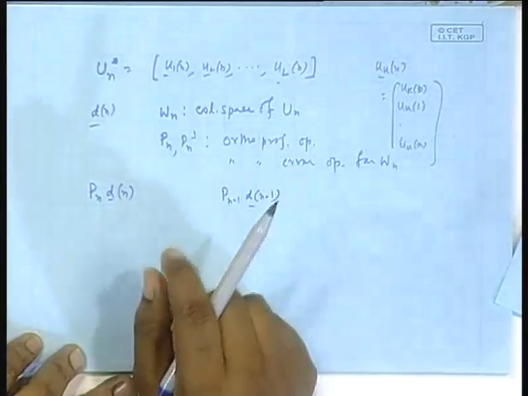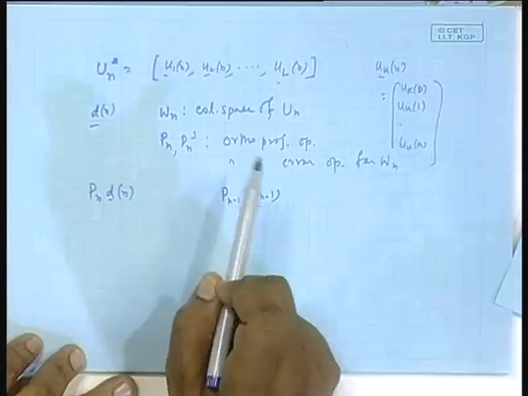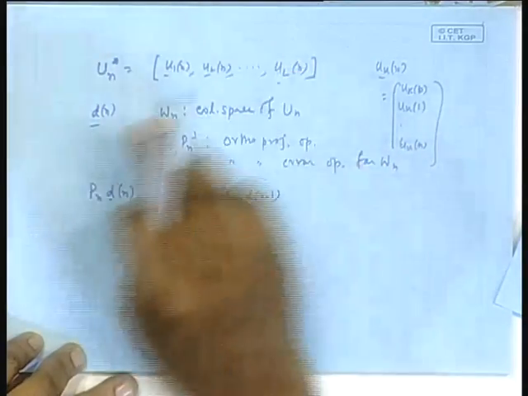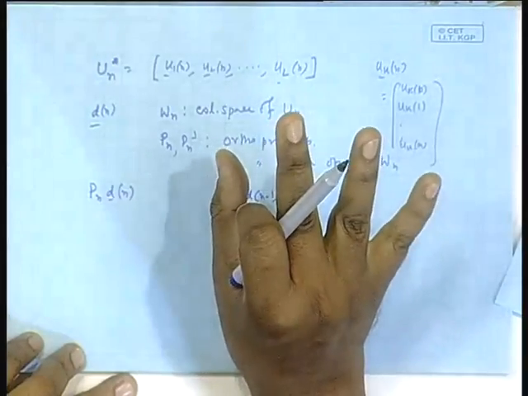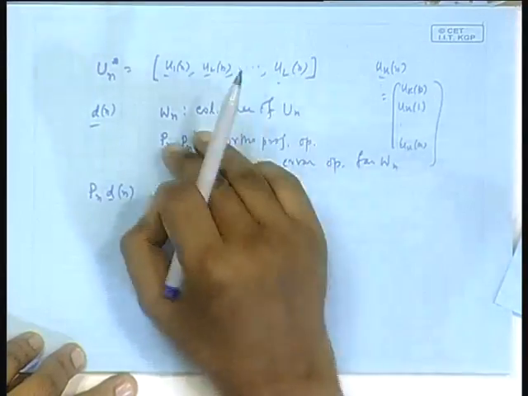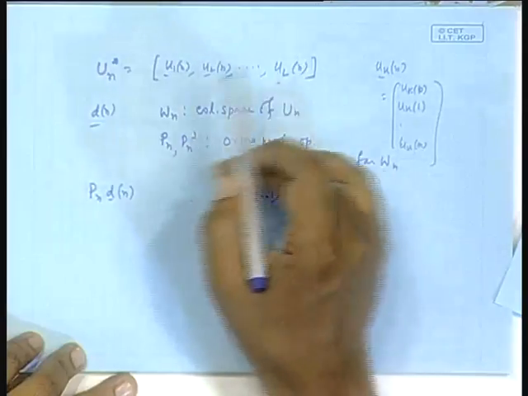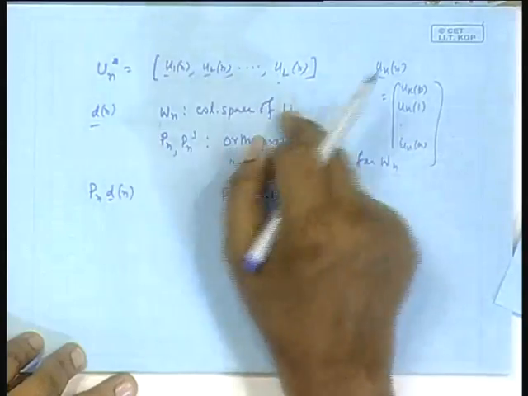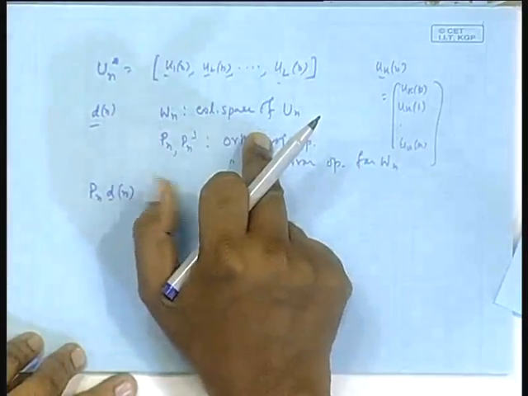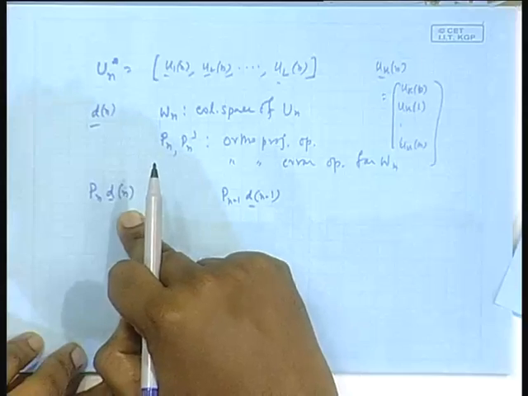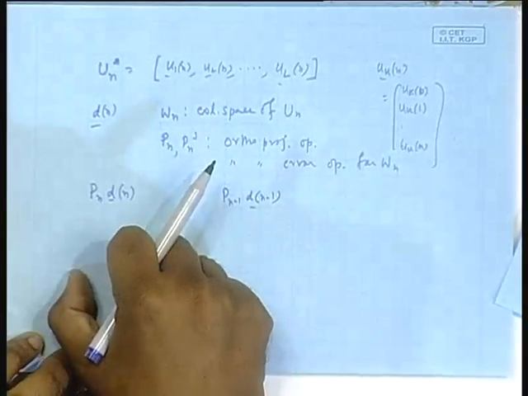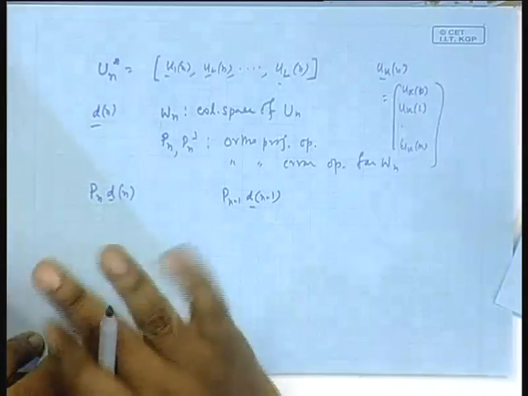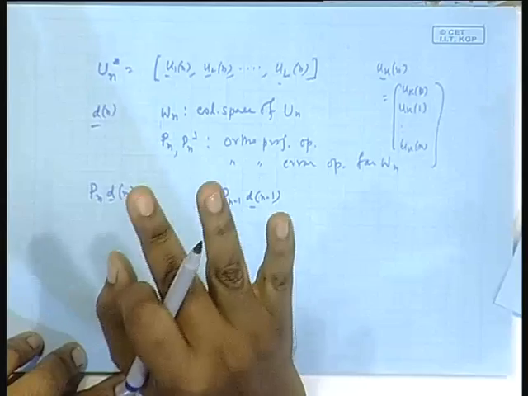You understand that suppose I started counting time, n equal to 0 done, n equal to 1 done, I stopped at n equal to n minus 1. I got a data matrix. That matrix's column space, I am projecting the d n minus 1 vector on that, getting a projection. Now, you introduce the current data u 1 n, u 2 n, u L n for each of the columns. So, your data matrix gets one extra row. The new column vectors span a space, on that I project d n orthogonally, I get P n d n. Obviously, the entire vector is new, because I got a new set of linear combiner coefficients now, but how are they related? It is not easy.